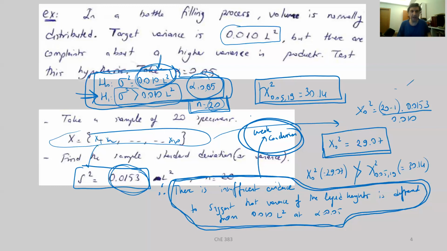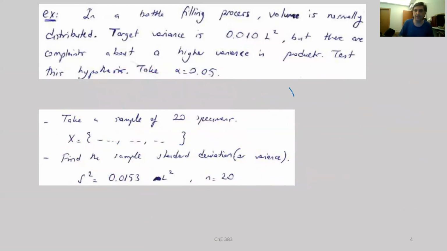All right, if you would like to find the p-value here, you may say that at an alpha value of 0.05 we cannot reject, but what is the p-value? It's the alpha value at which we could have rejected the null hypothesis. For the p-value, the only thing we need is 29.07. Let me write that value before forgetting: 29.07 was the value that we found, and the degrees of freedom were equal to 19.